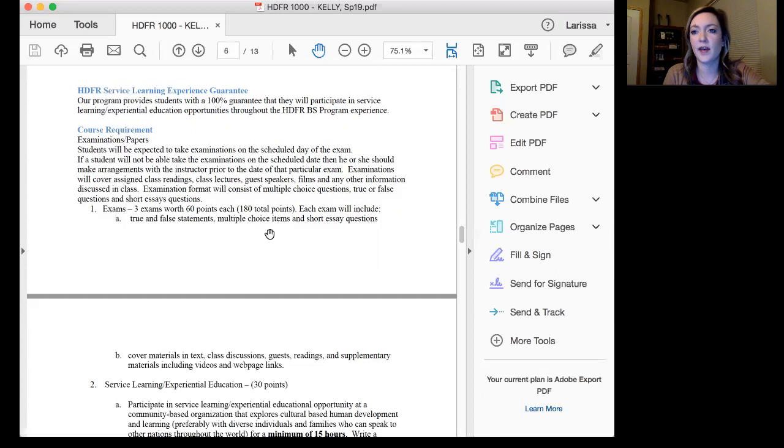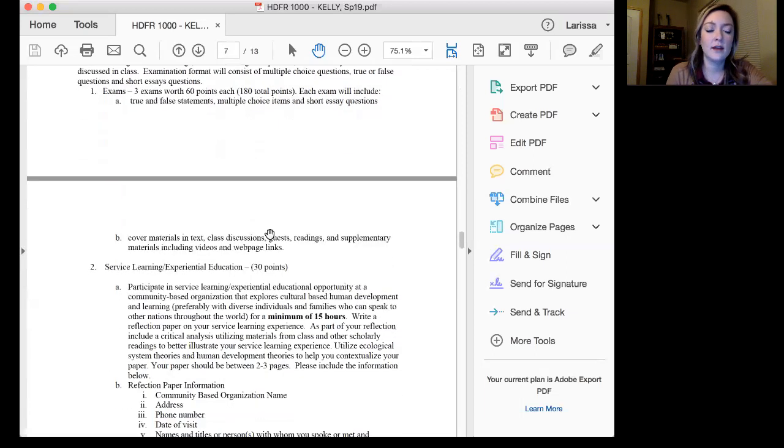To go along with that, like I said, it is open note, open book. The only thing that you cannot do is work with somebody else. If you know someone else in the class, you cannot work together on the exam, because we want to see your own personal work, not the same work duplicated. So that's the only rule with that.